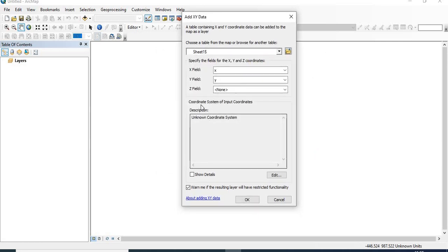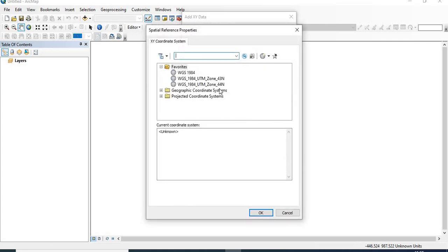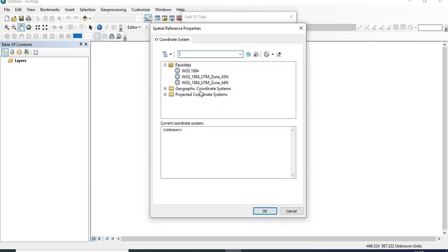Now here you will see the coordinate system of input coordinates. So unknown coordinate systems are there. So what we have to do is click on this edit tab, and from this spatial reference properties we have to use the reference surface, and it can be used WGS 1984.